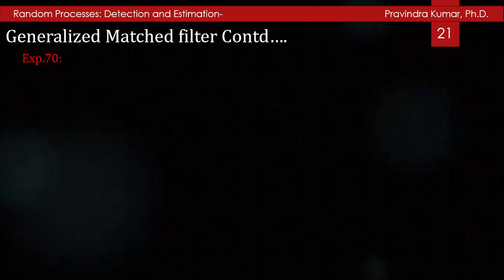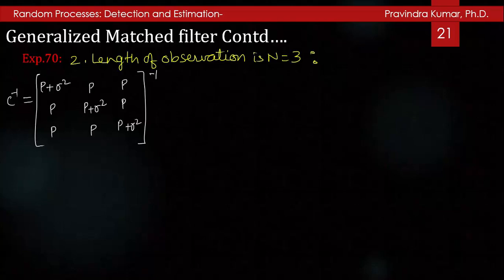And now for the length observation, when the length is odd, C inverse will be the inverse matrix of P sigma square P P P plus sigma square P P P plus sigma square. So the inverse of this will be 1 by sigma square P plus sigma square 2P plus sigma square, and the matrix